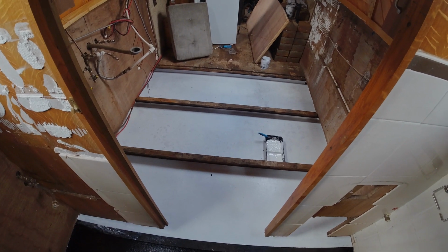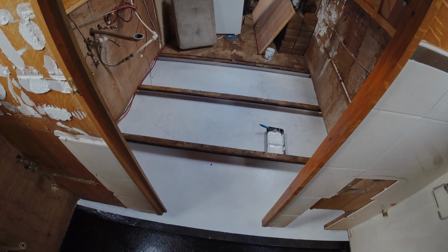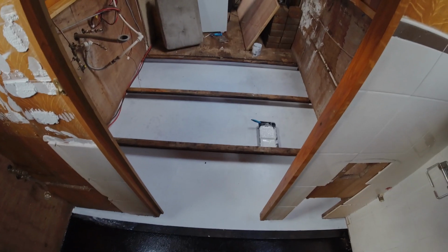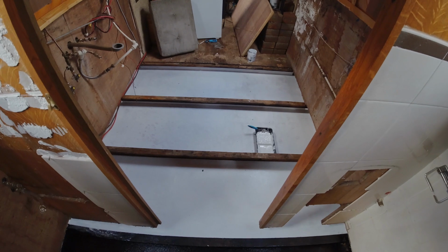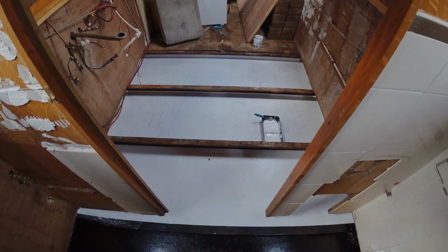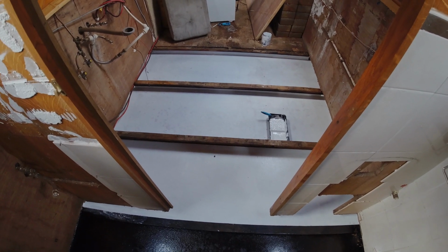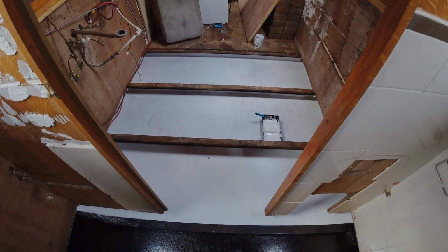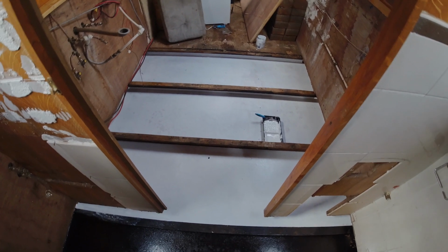I'm so happy with that. It looks absolutely great. And like I was saying earlier, they never painted the bilges in boats by the look of it, because this one didn't even have undercoat on it, and no primer or anything. So the fact that I've now painted the bilge, well, it's only going to make it last longer, isn't it? And I think when I put the ballast back in,